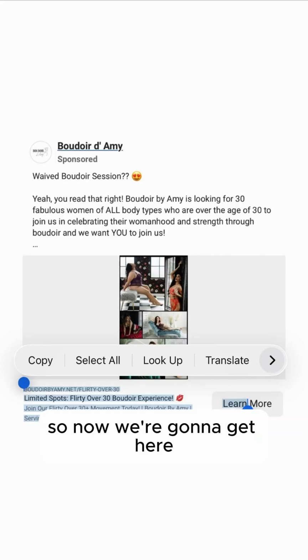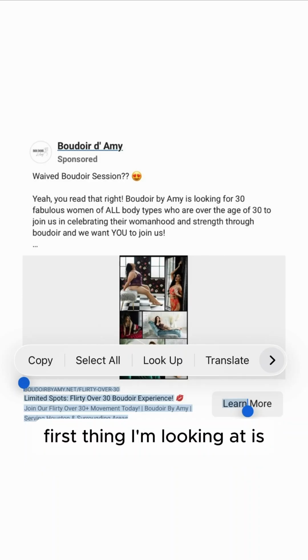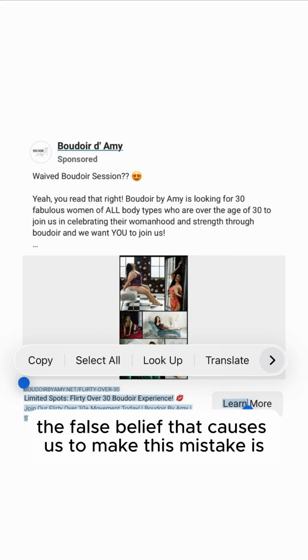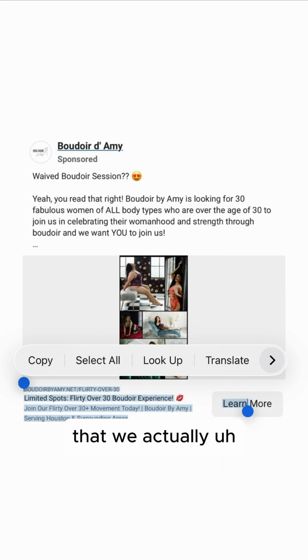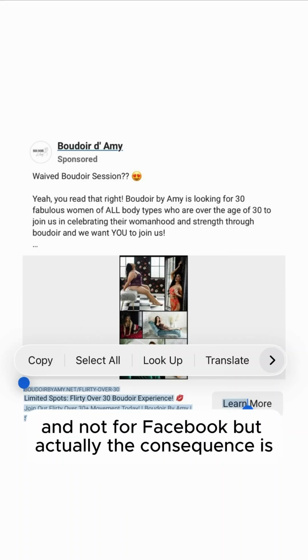So now we're going to diagnose this if we believe it has Boudoir low-click syndrome. First thing I'm looking at is, all right, so we got the Boudoir, basically the below creative cluster mistake. The false belief that caused us to make this mistake is that we're actually trusting that what Facebook tells us to fill out for our ad is best for us and not for Facebook. But actually the consequence is